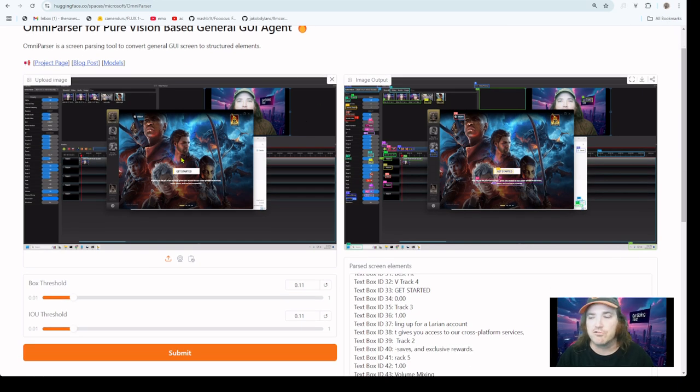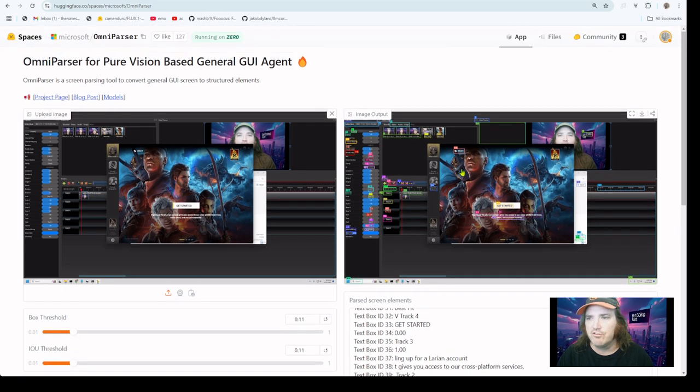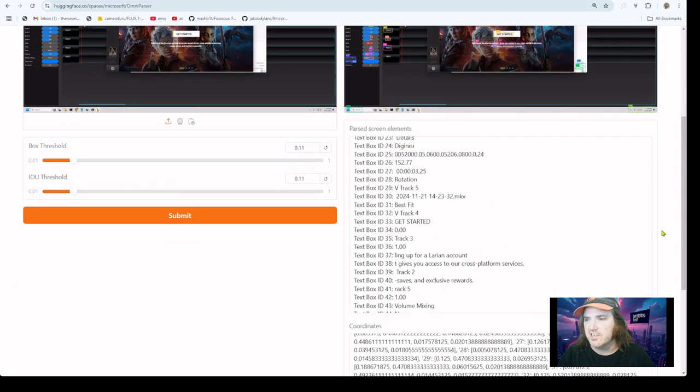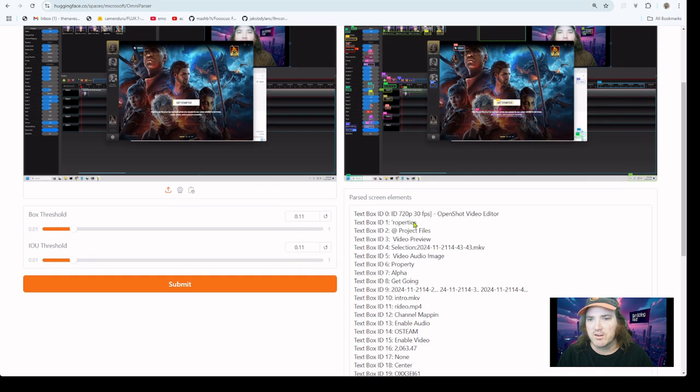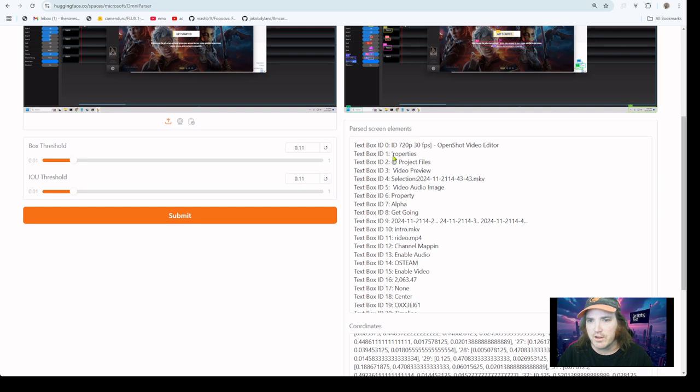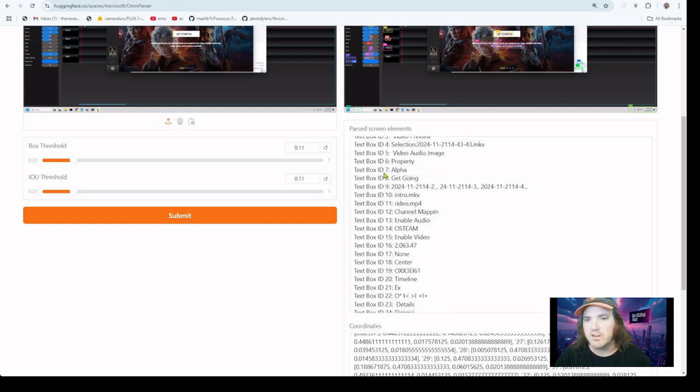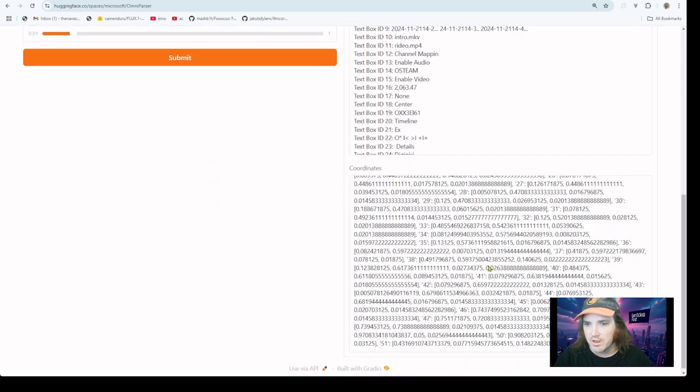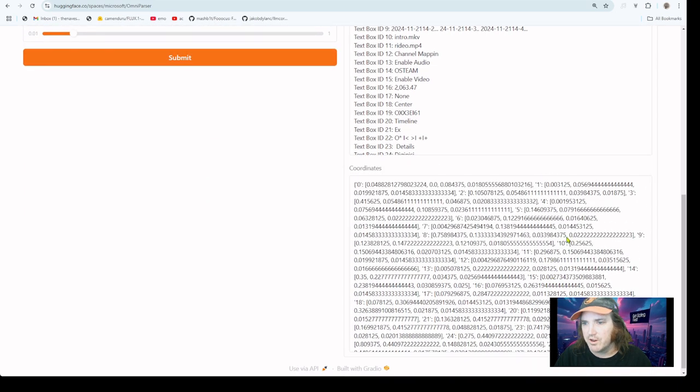You just throw in a screenshot, okay, and then you can see over here what it's done is it's gone ahead and given the different stuff labels so that we can click it. Down here you're going to see where it's labeled everything: text box ID, properties, project files, all this stuff. So it's not perfect, like you can see that this isn't a P there, but that's fine. It doesn't matter. As long as it's unique, that's all that we're going to need, because each one of these things, say like text box 7, is going to line up down here